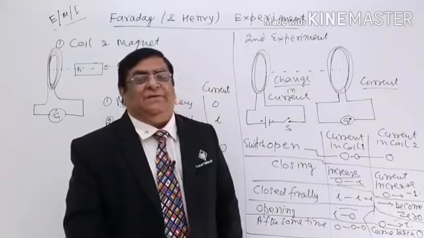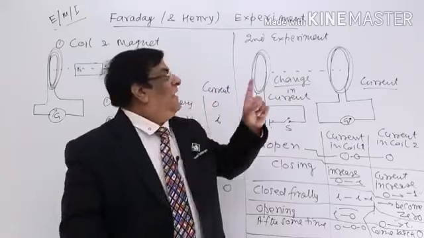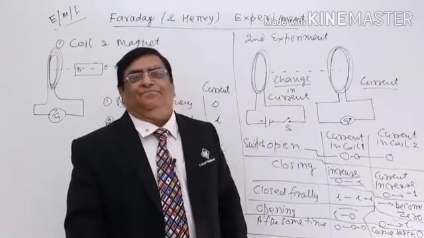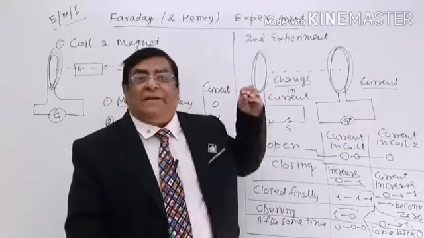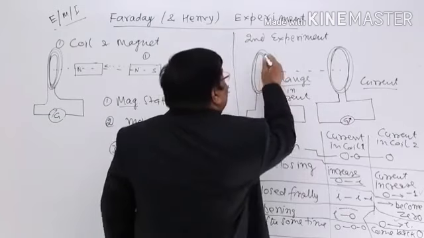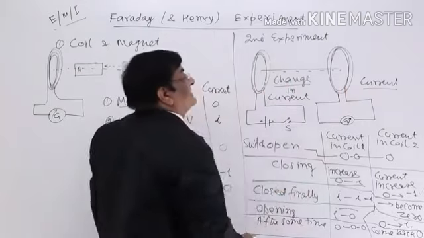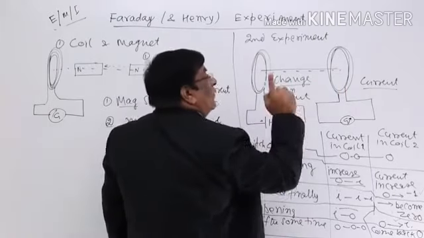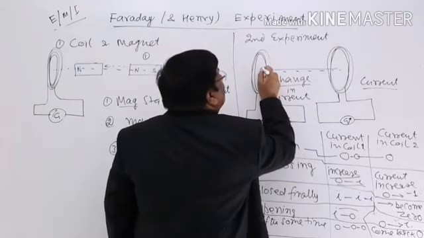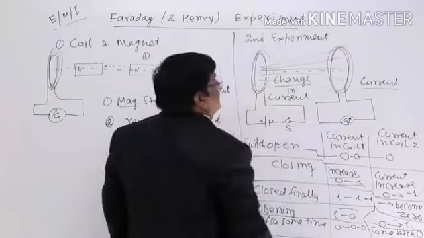So, Faraday said that this is because the flow of electric current in a coil makes flux, magnetic flux. It generates a magnetic field. That magnetic field made by this is linked with this. When the current is 0, the magnetic field is 0. When the current is 1, the magnetic field is 1. When the current increased to 3, to 5, the field increases too.